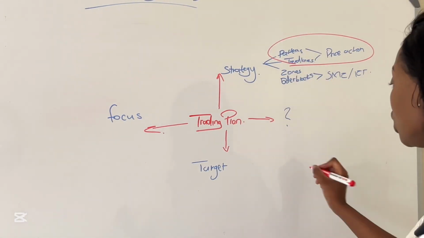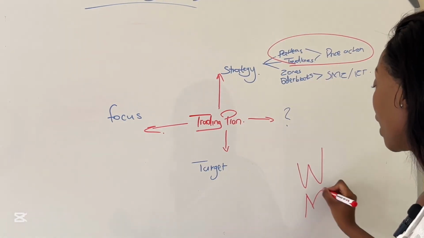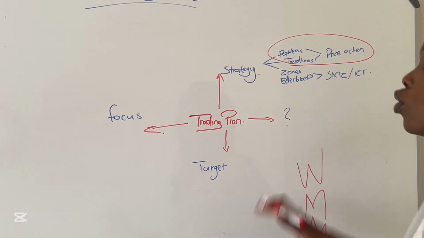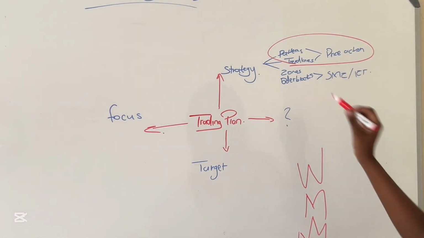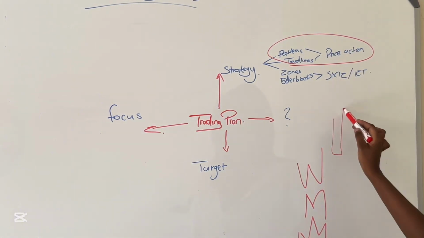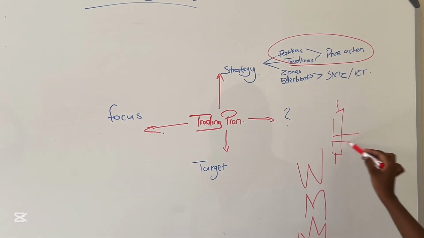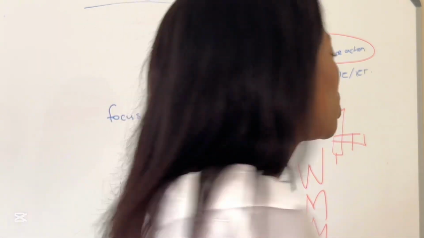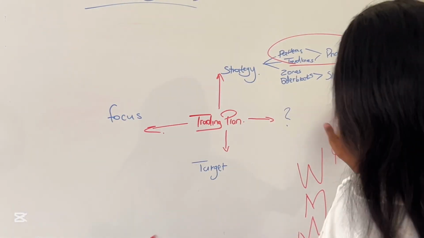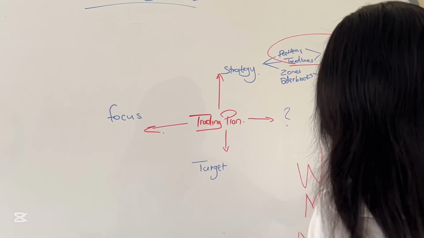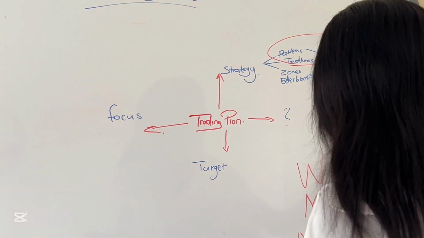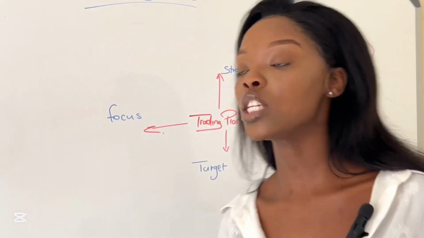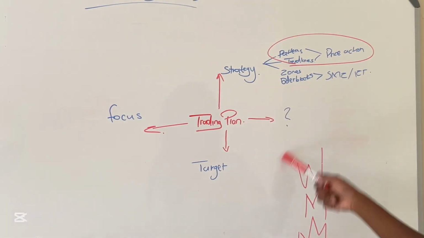I mean, with this one, you just need to look out for W's, for M's, for head and shoulders. These are the things you need to look out for. With this one, you need to look out for when the market gets to a candlestick. This is the order block, and it gets very frustrating, or a bit confusing for me, right? And you will find that you also will find it a bit confusing. And with these ones, I feel like it's a matter of just turning or changing your chart to a line chart, and then you'll be able to indicate these.